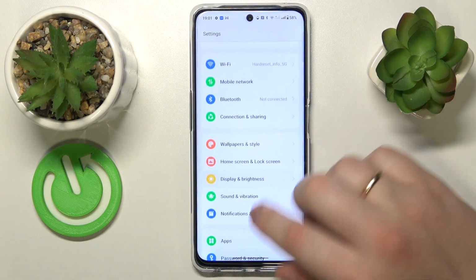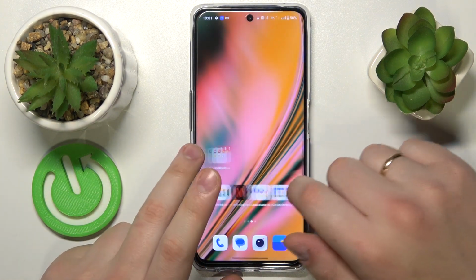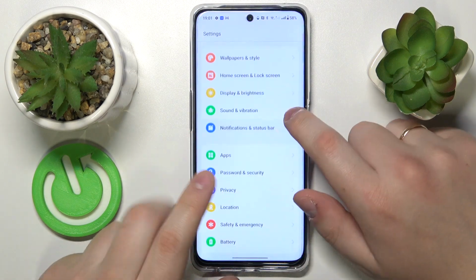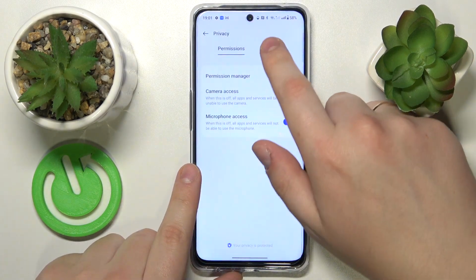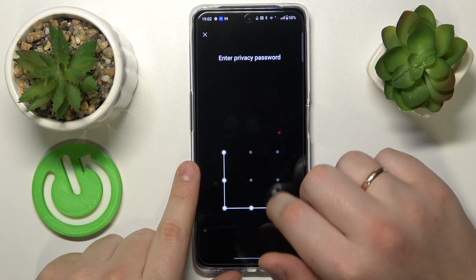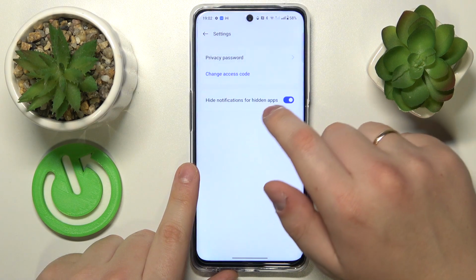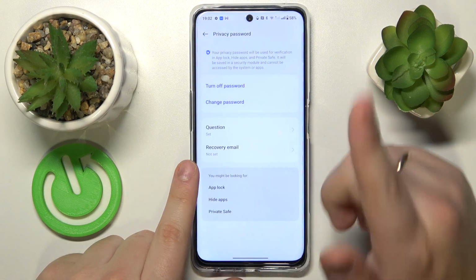So the next feature is how you can hide apps, completely conceal them both from the home screen and app drawer. In order to do that, you will need to launch settings, enter privacy, then privacy again, hide apps. Now enter your privacy password, or actually, you know what, I'll just quickly turn it off and show how you can set